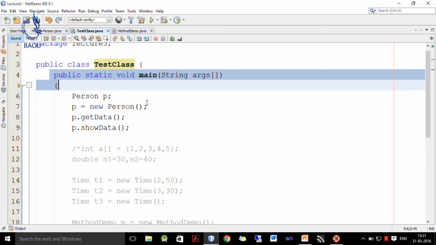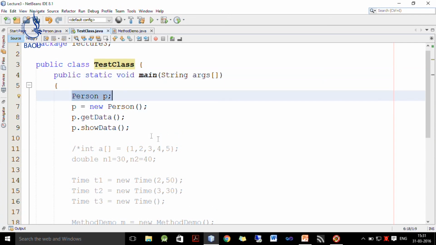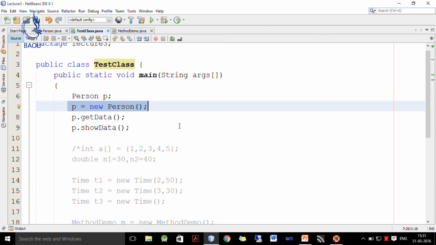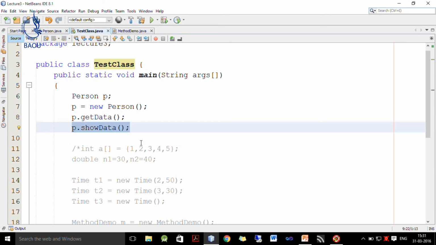Inside public static void main we define one person object P. We actually allocate memory for P by writing new person, and then we call its get data method by writing P dot get data. If my object name is X, then I write X dot get data, and once this data is read, I want to display that data. So, I call P dot show data.